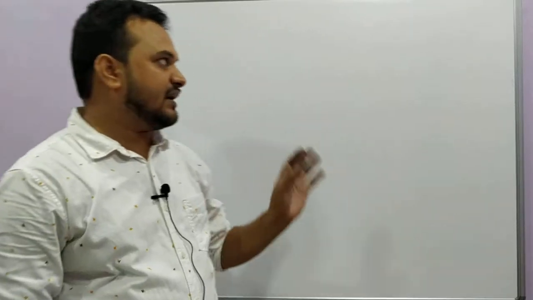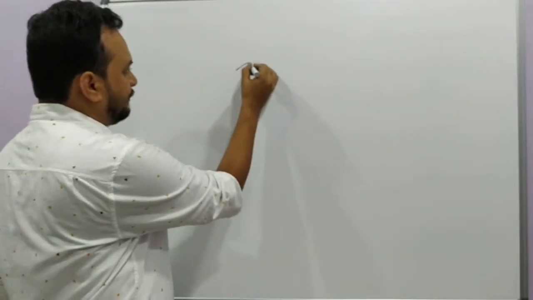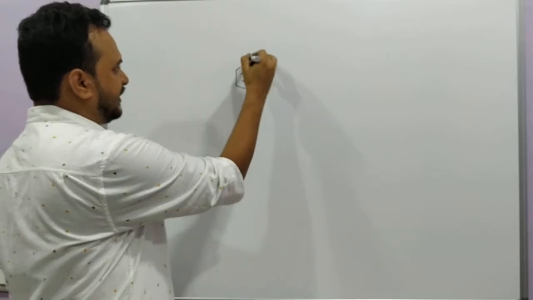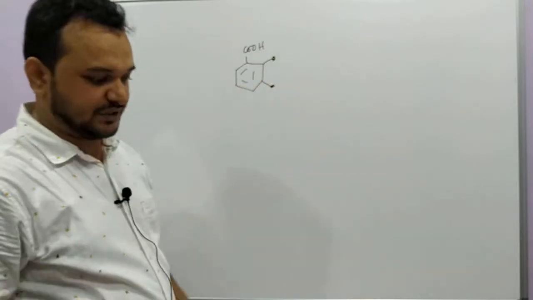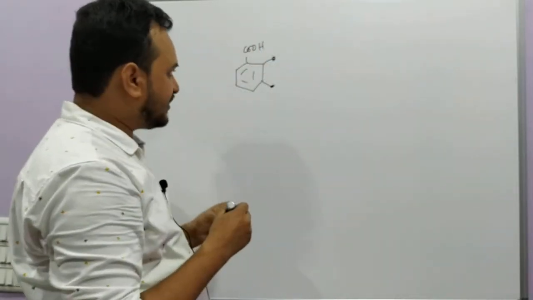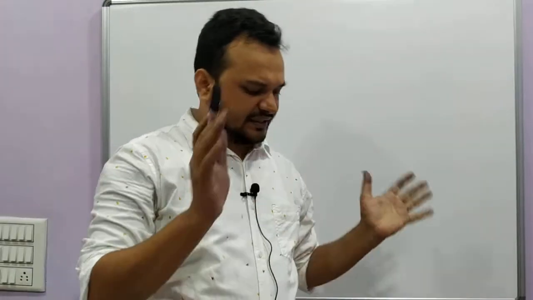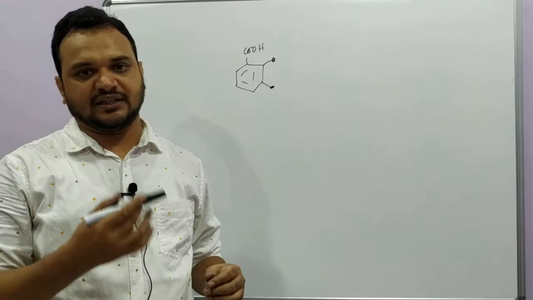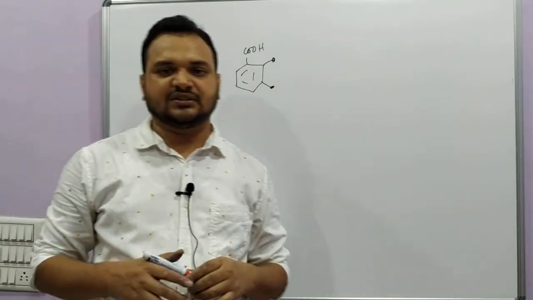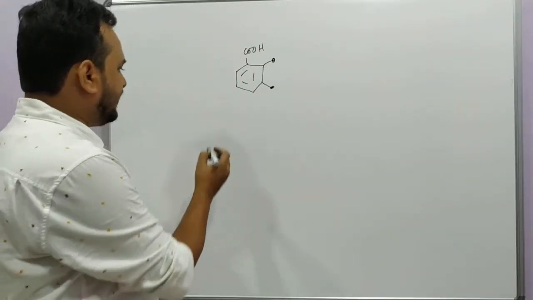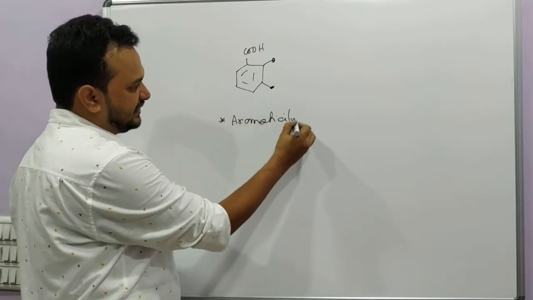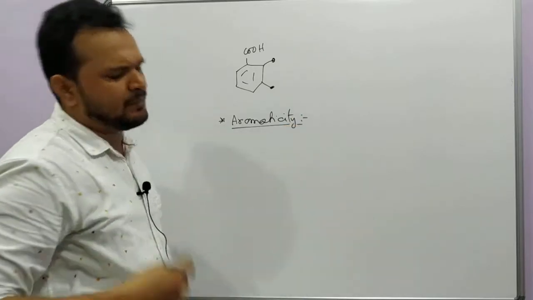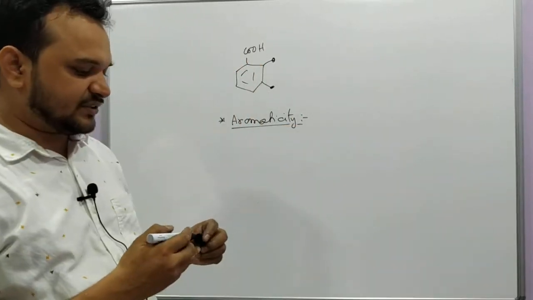That is one point. Now the thing is, I have not discussed substituted benzoic acid. That is, if you have a benzoic acid COOH and if I put substituents at different positions, then how these substituents will affect the acidic strength of different benzoic acids, that is a big thing. So we will discuss that part in our next video. That means the comparison of acidic strength will be continued in our next video also, and we will see another effect, that is effect of aromaticity. Aromaticity many times increases the acidic strength of any hydrogen in an organic compound by many folds. So these two effects we will discuss.